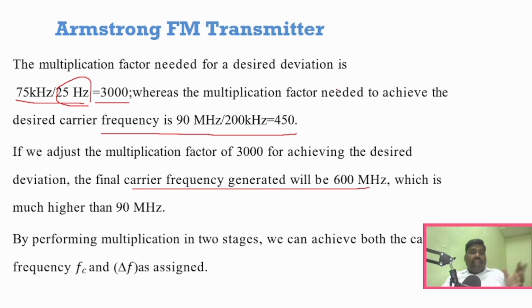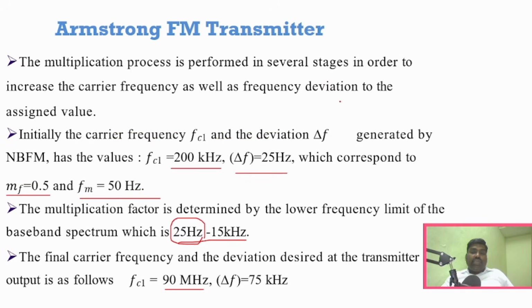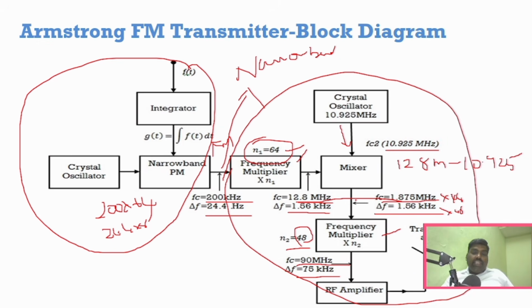Now what is the operation that is going to take place here? We are multiplying. Here you can see this is N1 into FC. The carrier frequency is N1 into FC. Here the carrier frequency is N2 into FC. The carrier frequency is multiplied by the factor N2 here. So now, what is the operation of the mixer happening here? It mixes this carrier frequency and this particular signal, correct?